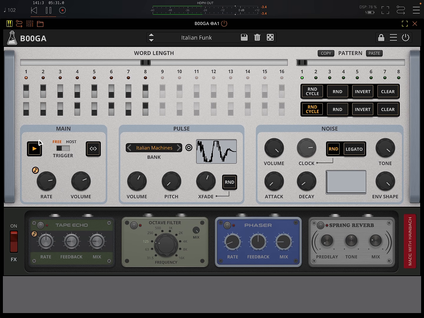So here we have a few controls related to triggering. If this is set to host, you'll need to make sure that your host transport is on, otherwise it won't work. Otherwise, you can just ignore that and have it set to free. In that case, even if your host transport's off, it'll still run, just like it's doing here. Some of the presets are saved in a way that they need the host trigger. So when you're testing this out on your DAW or your host app, like I'm using AUM here on my iPad, then it's better to have your transport running